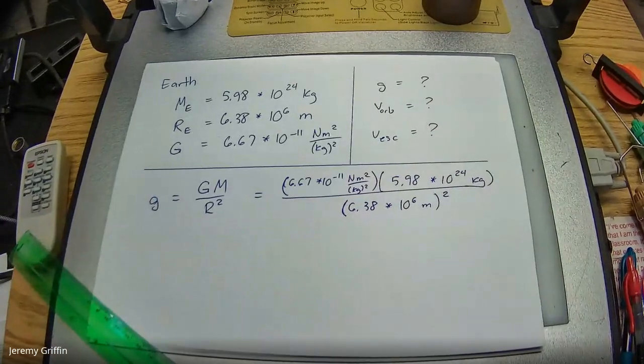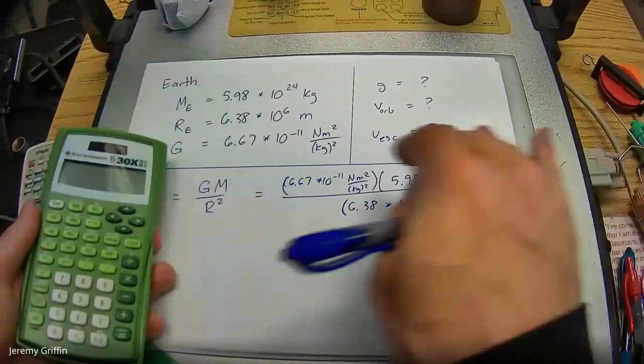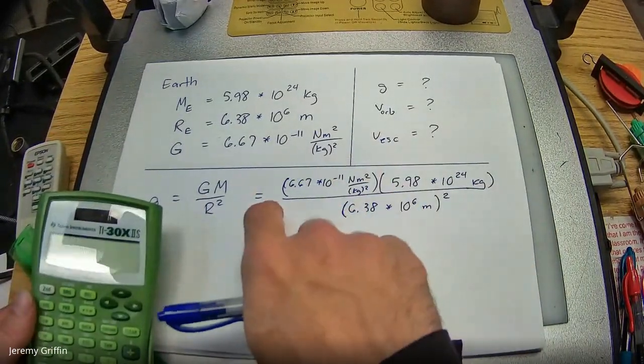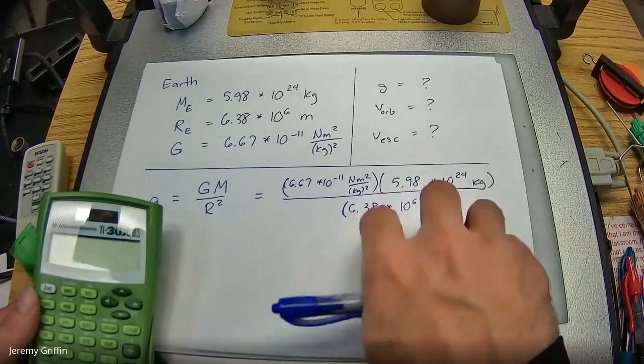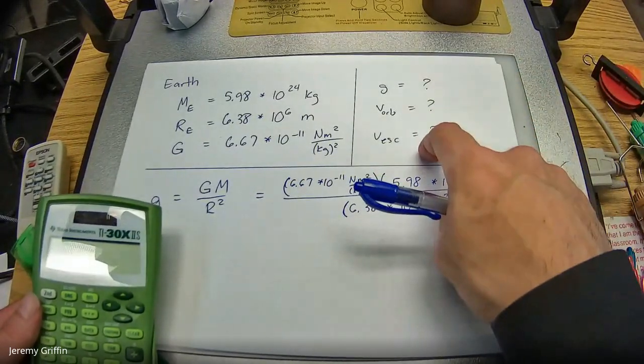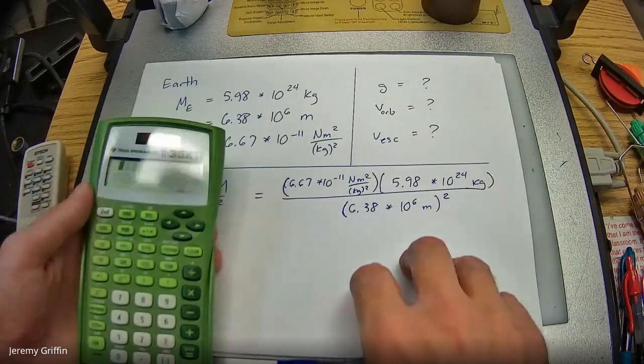Now, part of the trick this week and next week is figuring out how to communicate this to the calculator. I see scientific notation all over the place. I see fractions. I see expressions being squared. And when we get to these other questions, there's going to be square roots also. So make sure you can plug these numbers correctly into a calculator. That's part of the trick.